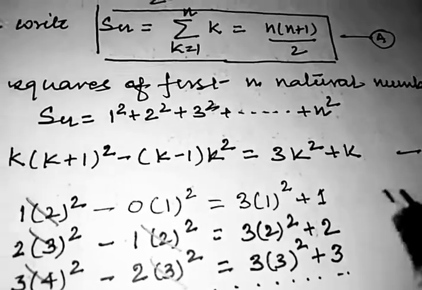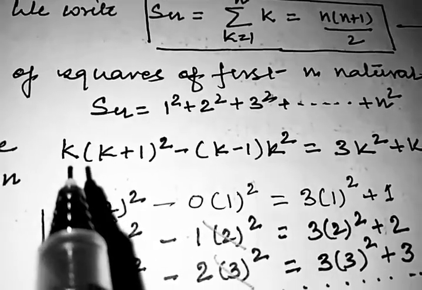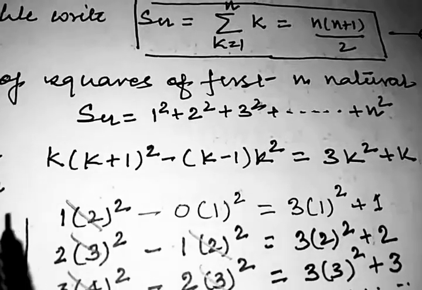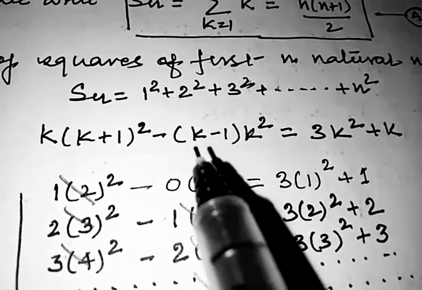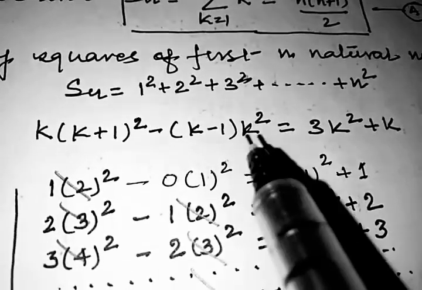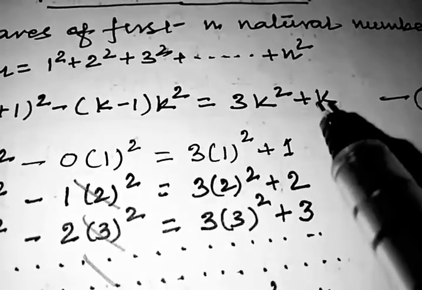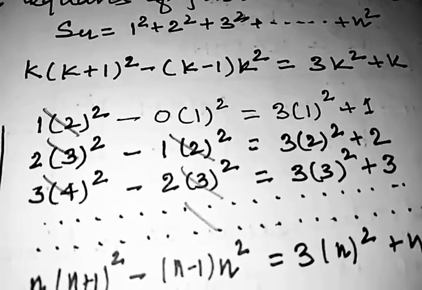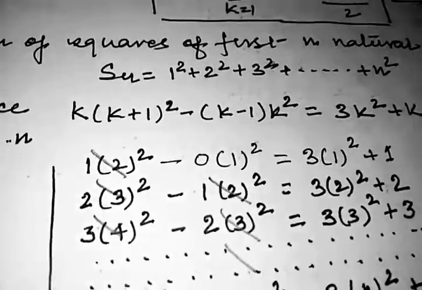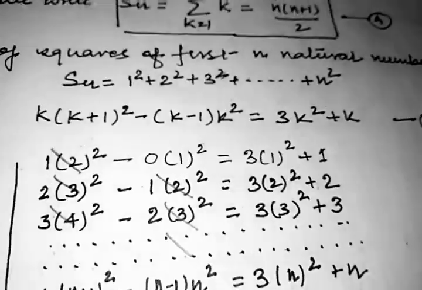Now what we do, see, we put the value of k from 1 to n here. For k equal to 1, we will get 1 and 1 plus 2, 2 square, then 1 minus 1, 0 and 1, 1 square. Like this, here will be 3, k equal to 1, 1 square plus 1. Then k equal to 2, we will get this. k equal to 3, we will get this. Continuing this way, k equal to n, we will be getting this thing here. So this we got by putting the values 1, 2, 3, 4 up to n.